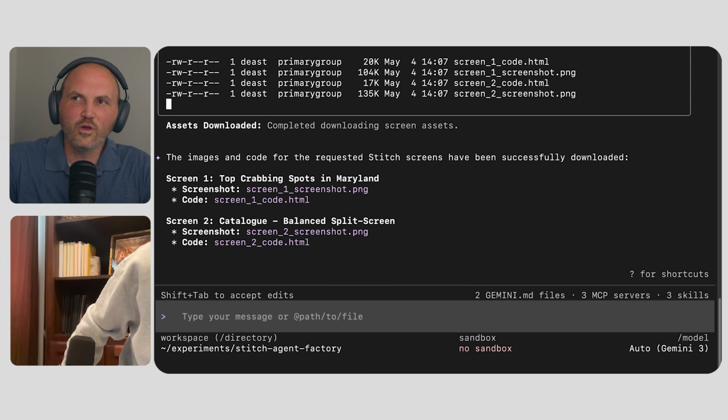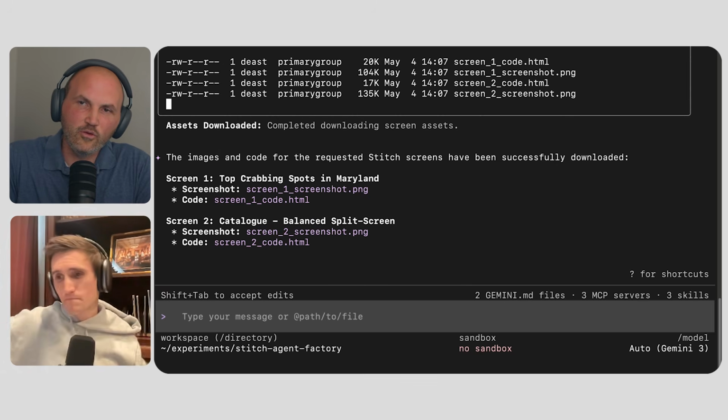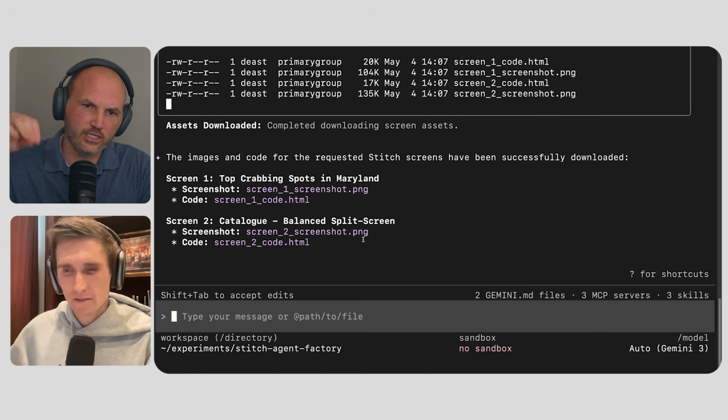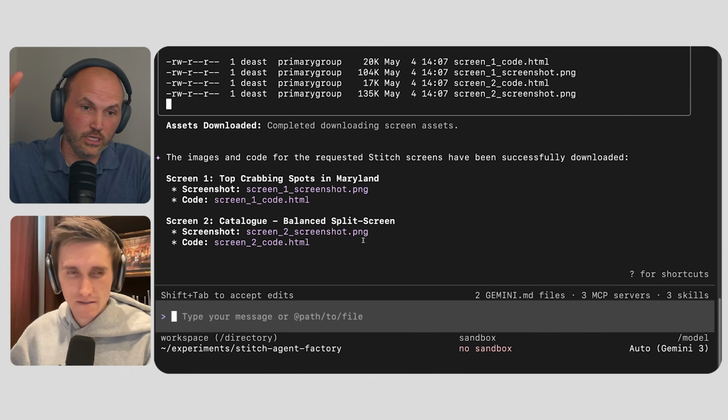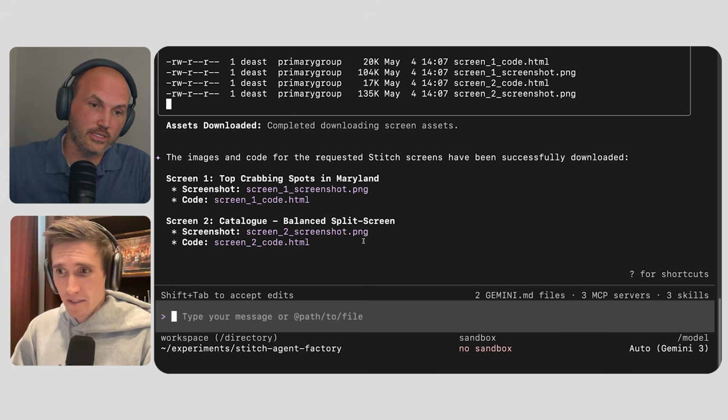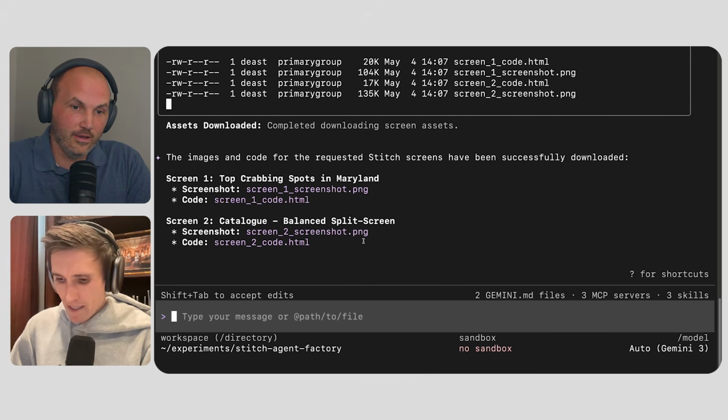So I guess the one question that I do have is, this is you fetching our existing designs and bringing them into a project. If you wanted to create a third screen without going back to the Stitch UI, is that possible with Gemini CLI? Totally. I could say,